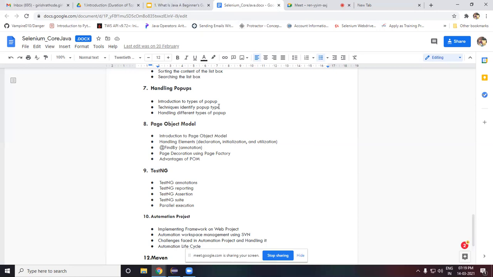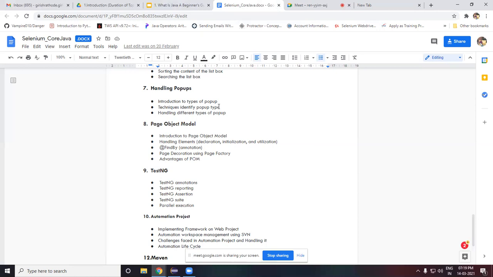Once we have done with this, we'll be learning about TestNG also. TestNG annotations. As we know, TestNG is one of the popular unit testing frameworks when you choose Java.